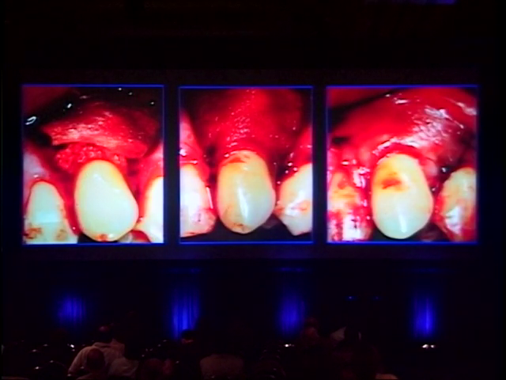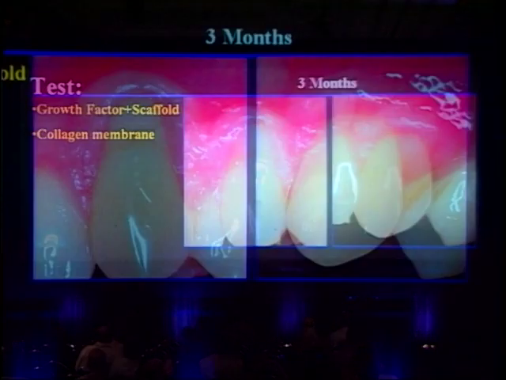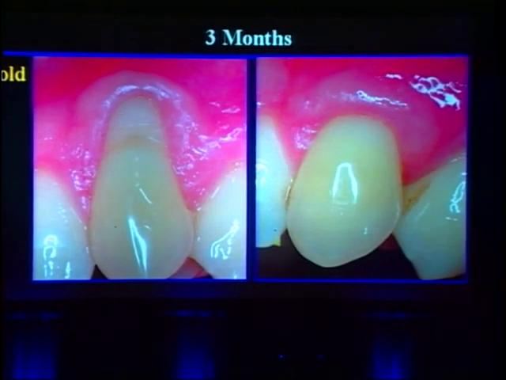We trim the collagen membrane, place it over our scaffolding and the synthetic growth factor, and elevate the tissue over that. Here's what we have at 3 months with our growth factor, and you can see very nice root coverage compared to what we had before. Also note the apparent increase in the amount of keratinized tissue over the root surface compared to what we had